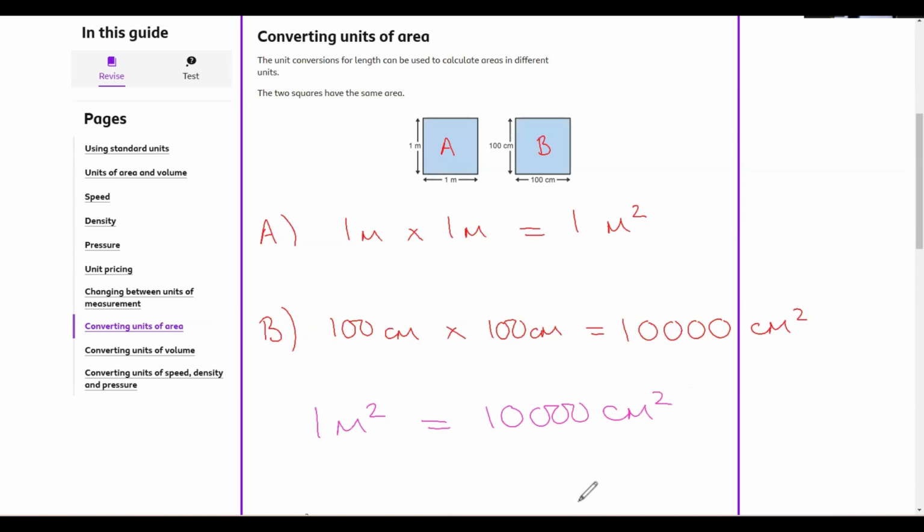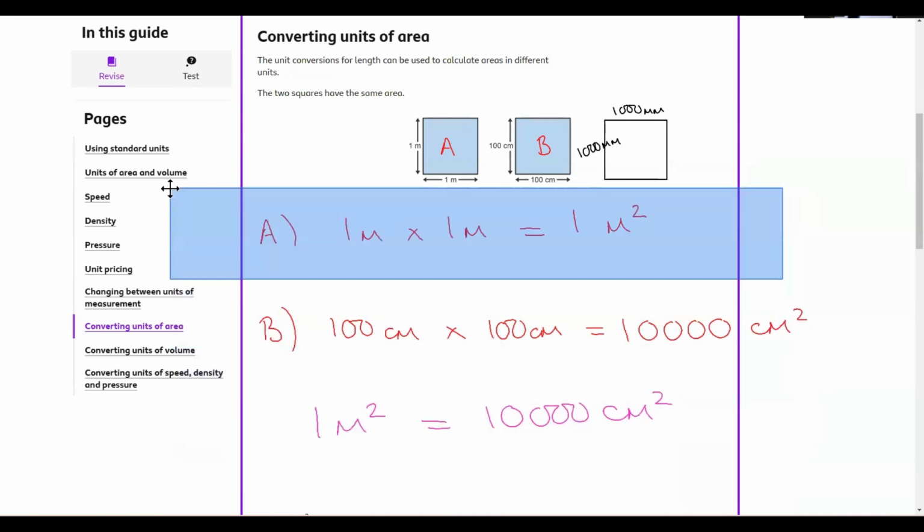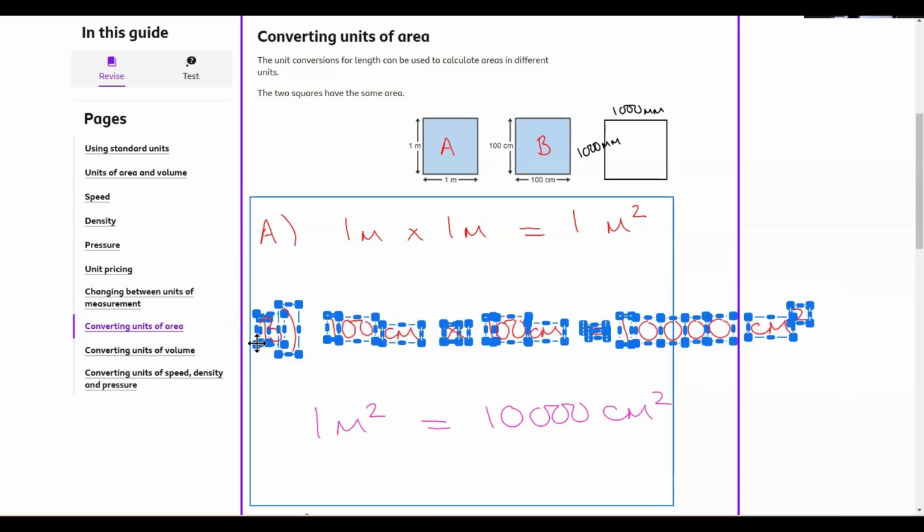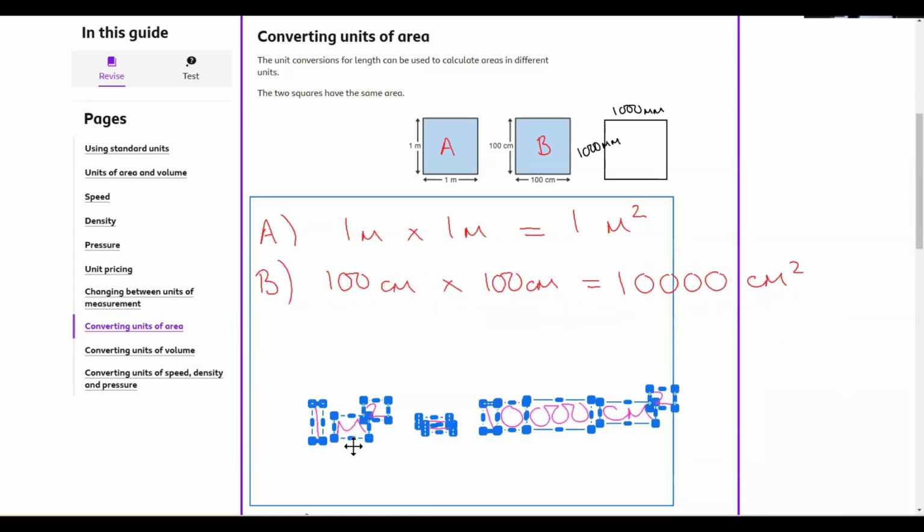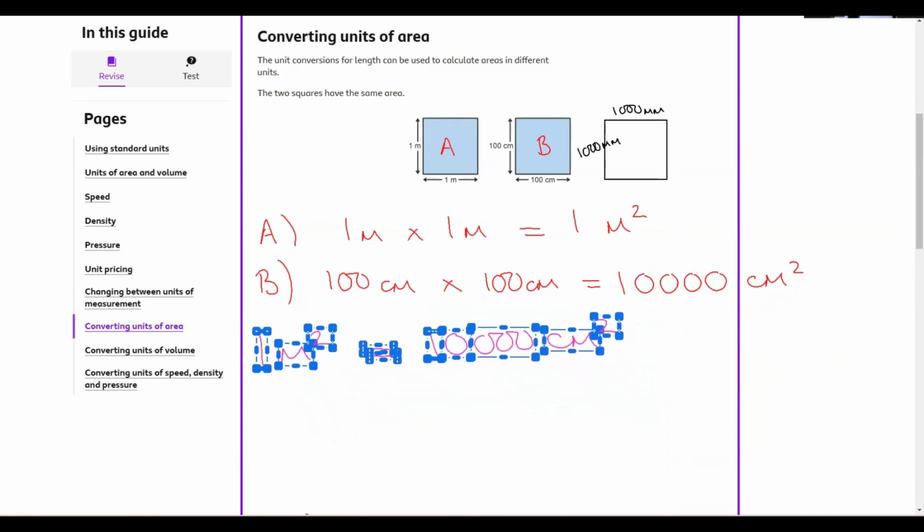Okay. Now this applies to millimeters as well. So let's say, for example, I decide to add another square in here. Now this time it's going to be the same size, but we're going to do it in millimeters. So we're going to say that this one here is going to be 1,000 millimeters, and then this one's going to be 1,000 millimeters as well. So if we follow the same exercise, move these up a little bit, you can see that if we do the same thing,